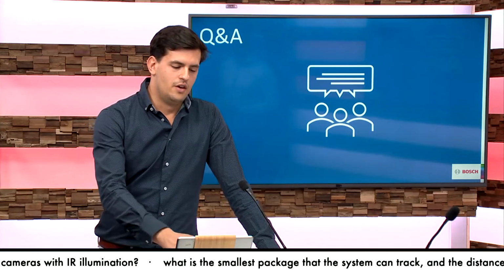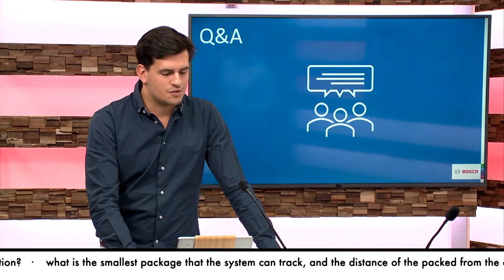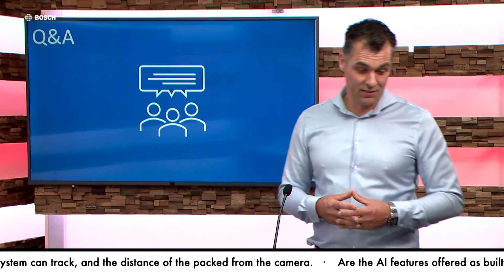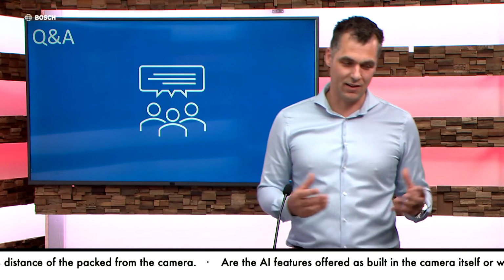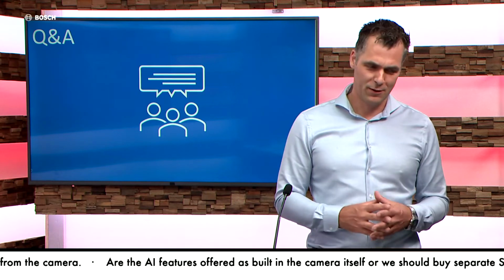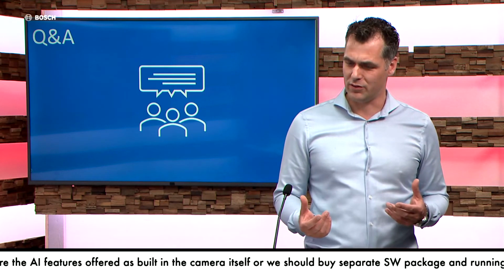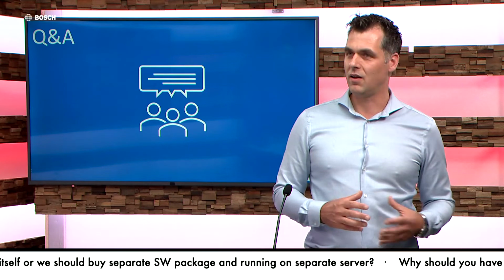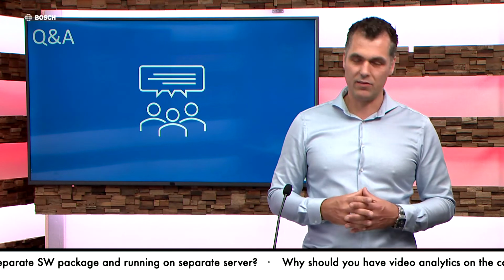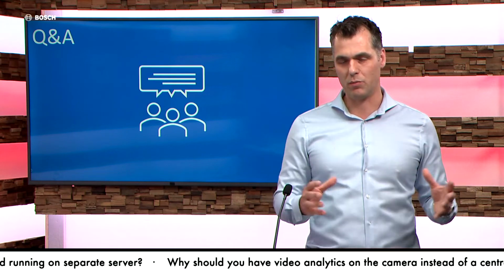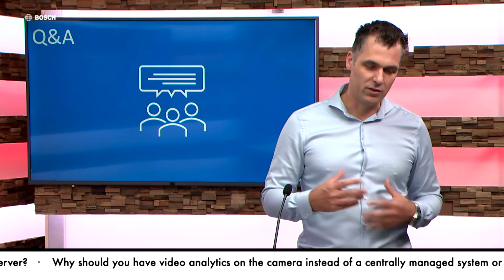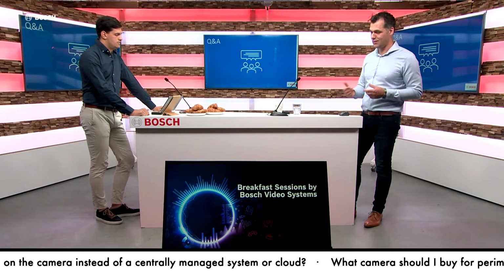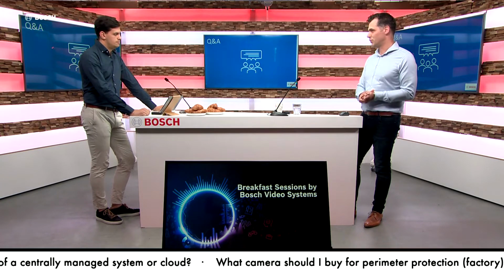Exactly. Good. So there's someone asking here, how is the performance of the DNN during night using cameras with IR illumination? Yeah, very good. We also train for that. This is part of our data set. Our data set also has the situations at night, how to detect cars with the lights on, with the different road light situations. All the different variations, we try to embed there because we want to make it robust. That means at night times it also needs to perform. So yes, with IR at night times, the detection will also perform.